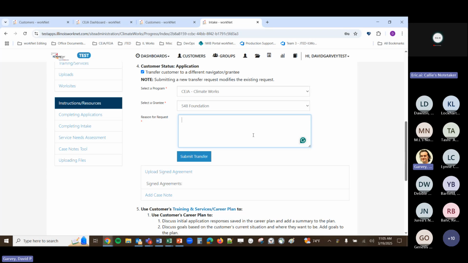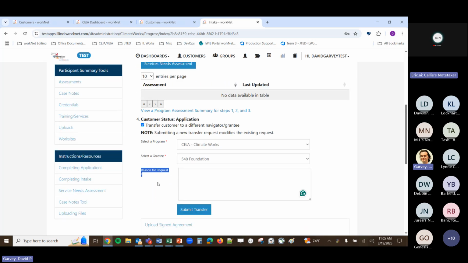So again, I think this update will go out tomorrow night. So Friday, we'll have this text box here where you can add that reason for request. And that text will also appear in that email that gets sent when the transfer request is initiated.